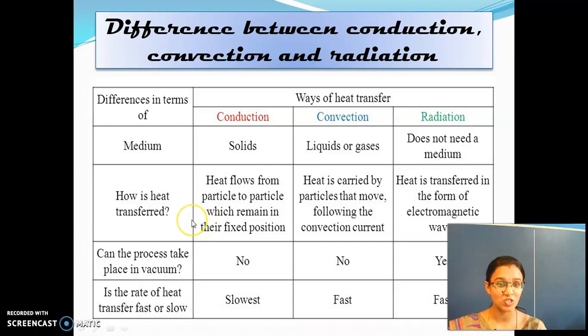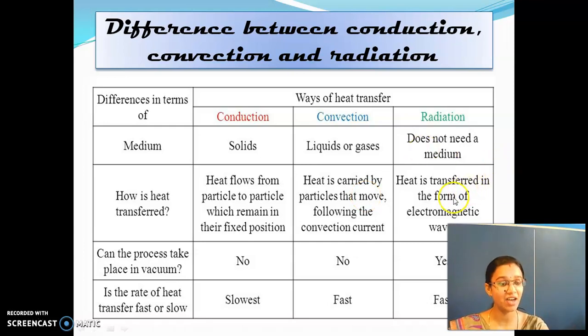Yes or no? So, in solids, the atoms are tightly packed. So, the heat transfers from one particle to the other particle. In convection, the heat is transferred by the flowing of the particles. The materials flow here and there. But in conduction, the particles remain stable at one place. They do not flow or move here and there. The particles are fixed, but the heat is only transferred from one particle to another. Whereas in convection, the particles are not fixed, they move.